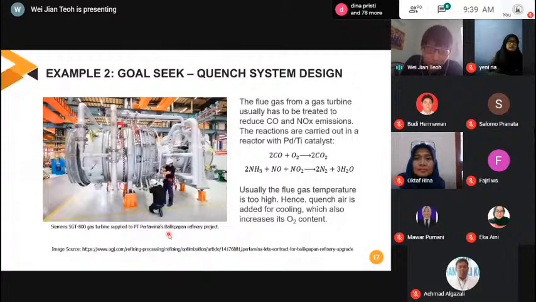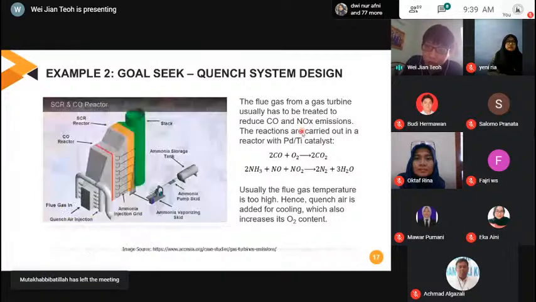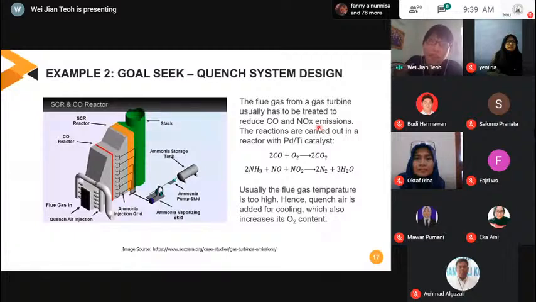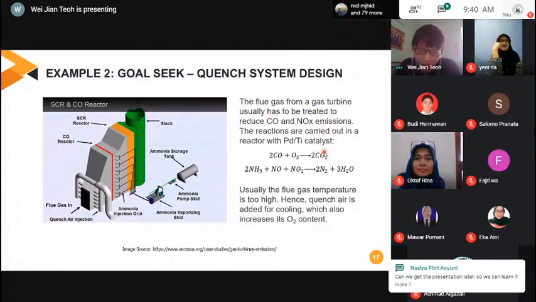What happens with gas turbines is that they produce flue gas. Flue gas contains CO2, H2O, carbon monoxide (CO), and NO2, NO. So CO and NO2 are dangerous gases. Usually the gas turbine outlet will have some kind of reactor to reduce these two emissions to a very low level before they are discharged to the stack.